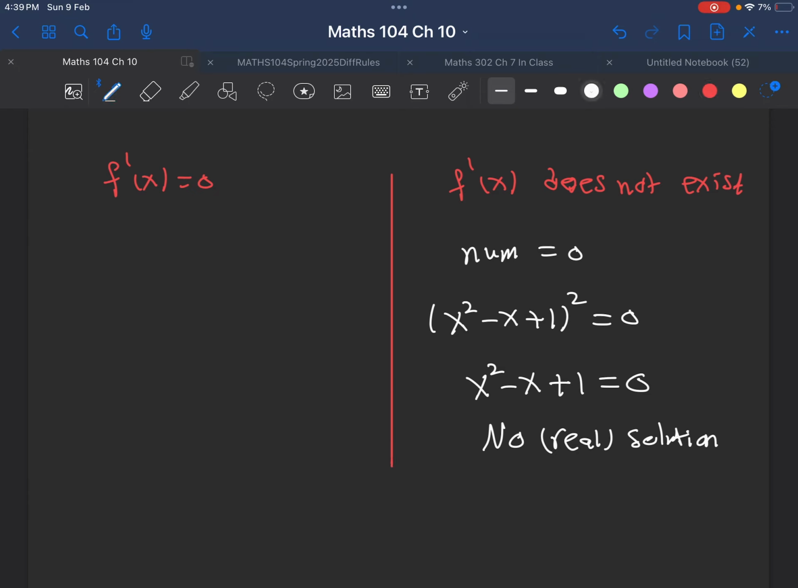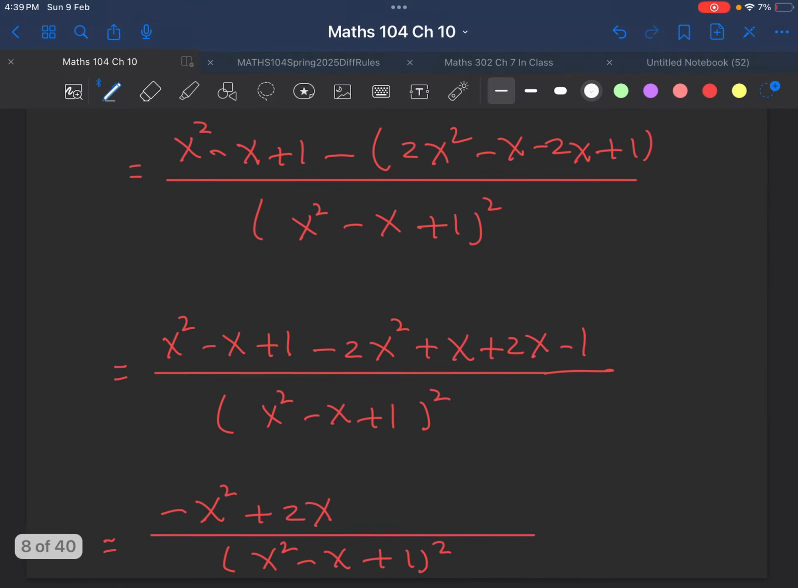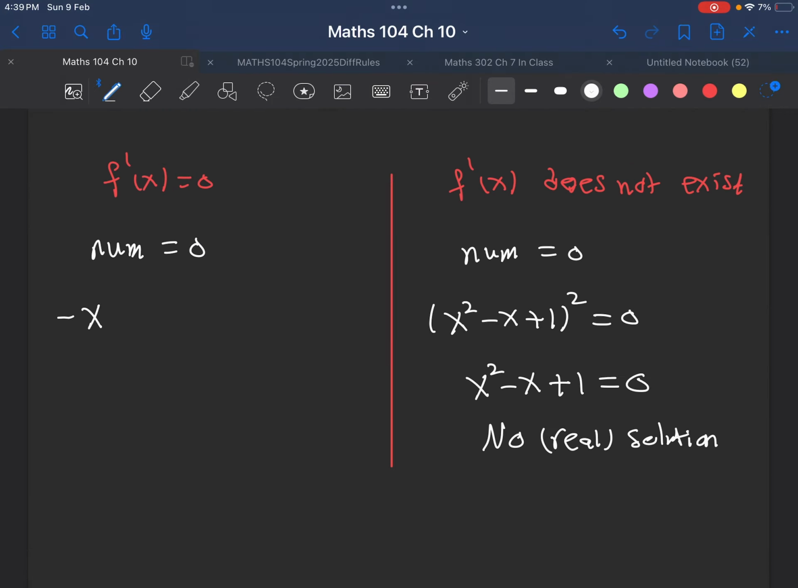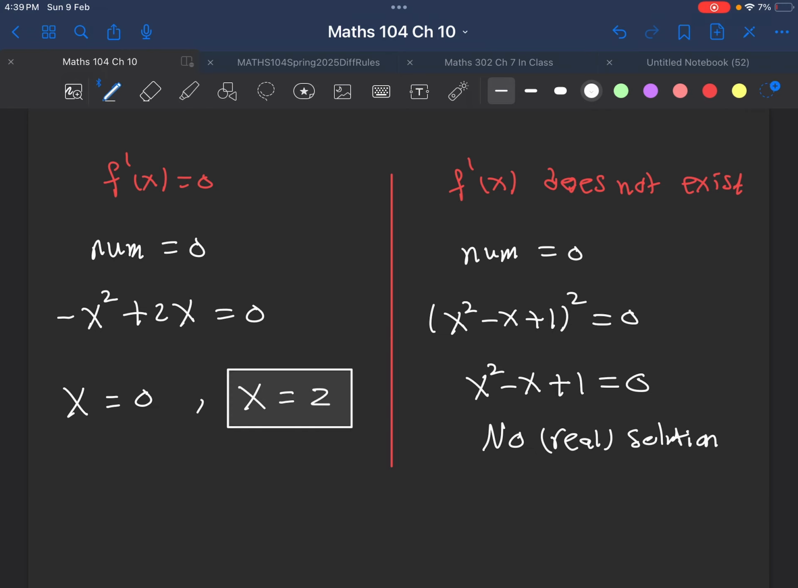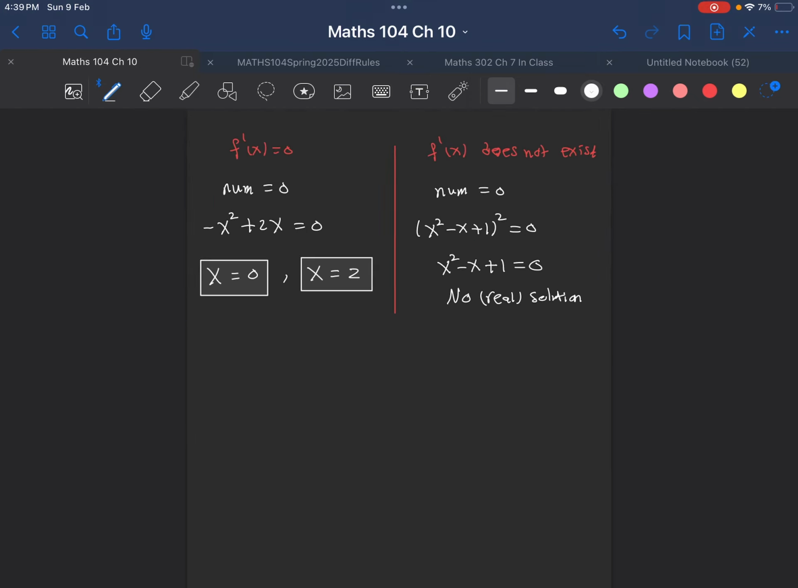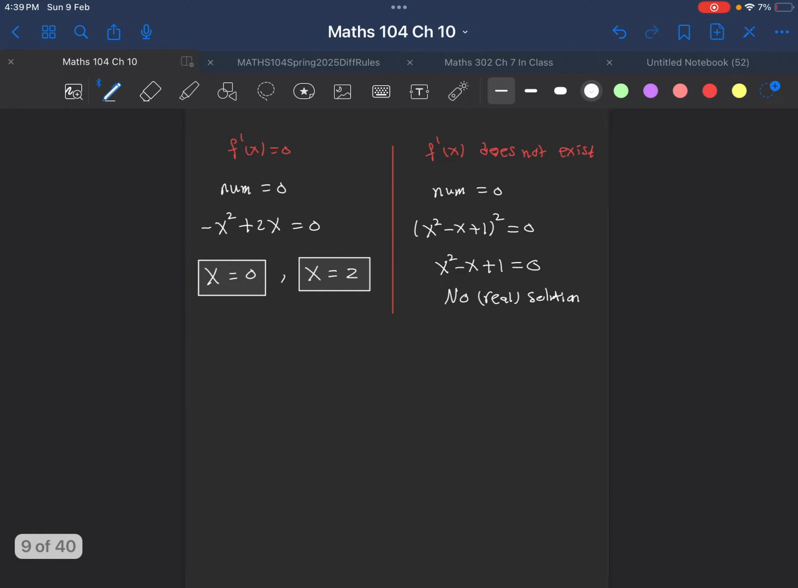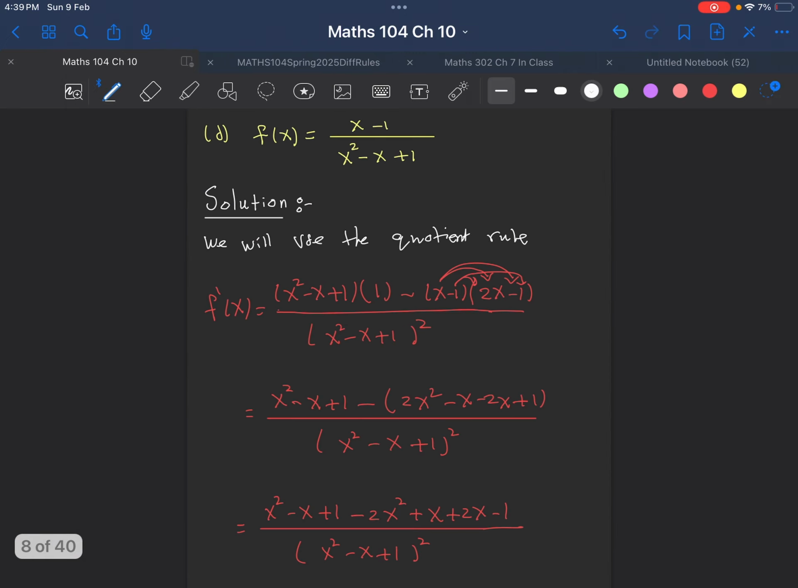The only other case that we need to take care of is when the numerator equals 0. The numerator is minus x squared plus 2x equal to 0. Take x as common, or just use the quadratic formula to find that x equal to 0 and x equal to 2. So those are the only two answers where the derivative is equal to 0 here. And that's it for the quadratic. For the critical numbers, we use the quotient rule in the last